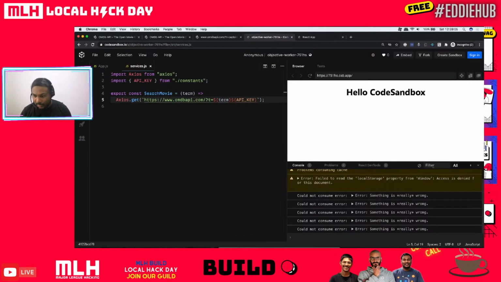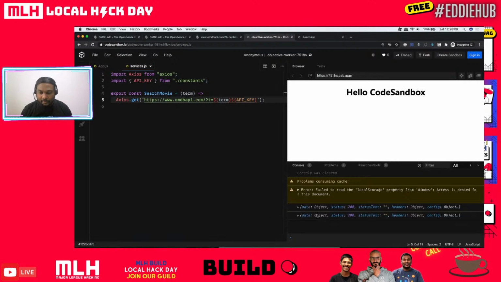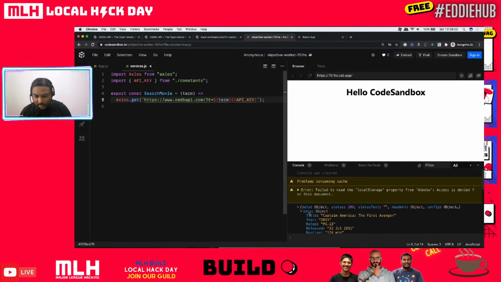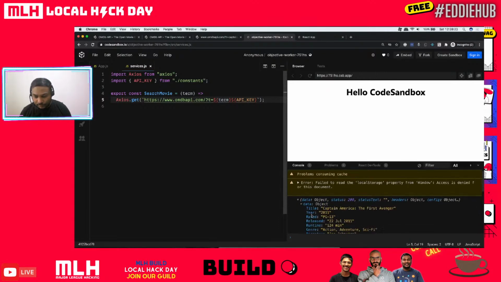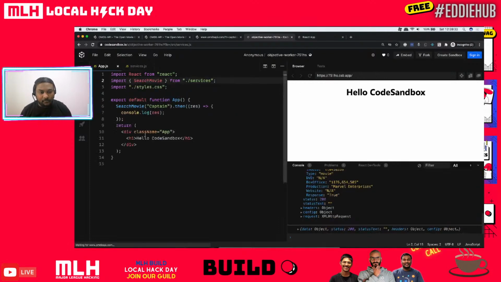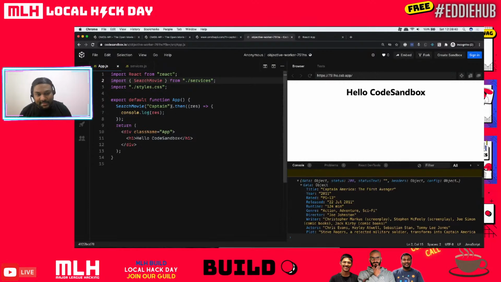Let's clear everything and refresh this page. Okay, so we've got data, right? So this data is going to be containing the whole stuff. So we have Captain America and all the things that this is kind of like, okay, let's try to look at what exactly we have got so far. So term is here, and this response, or to be honest, the response dot data